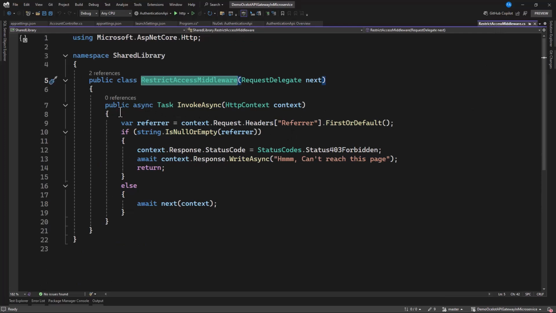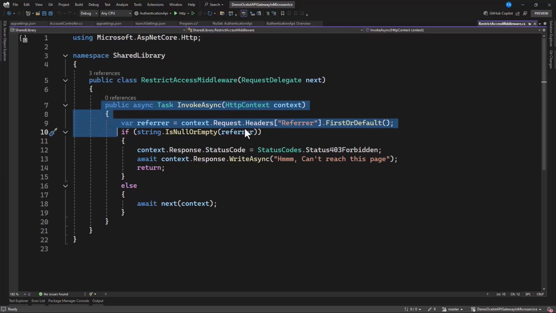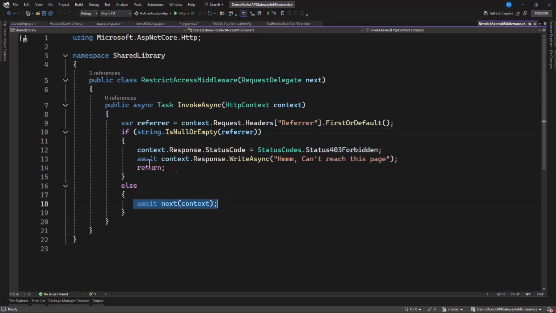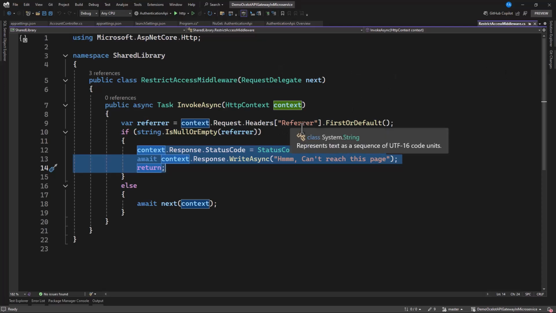If you don't know what it's doing, we created this middleware in the previous video. What it's going to do is, any request that comes in from the other services, it's going to check if it has a referrer which will be added through the gateway. In case it does have it, then it's going to continue on. But in case it doesn't have it, then it's going to stop it. It's going to kill the request. You see? So any request that comes in must first be intercepted by the API gateway, and within that interception it is going to add a referrer header to the request. Now when it comes in, we also verify that this request is coming from the gateway, rather than from any direct client. Great. So now this is going to work.